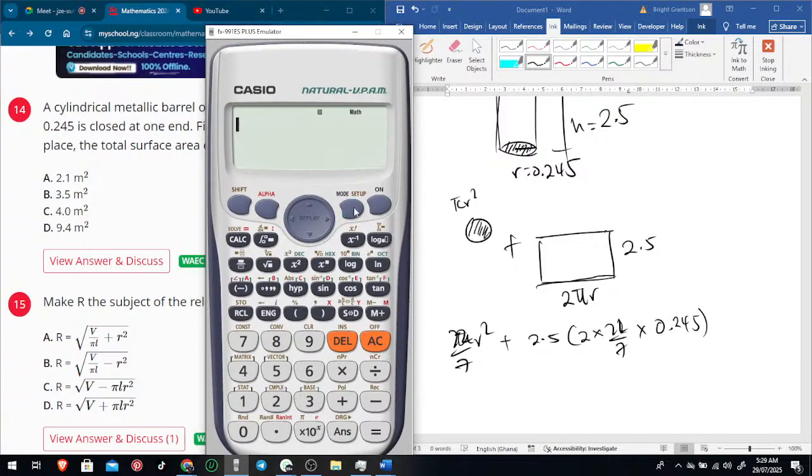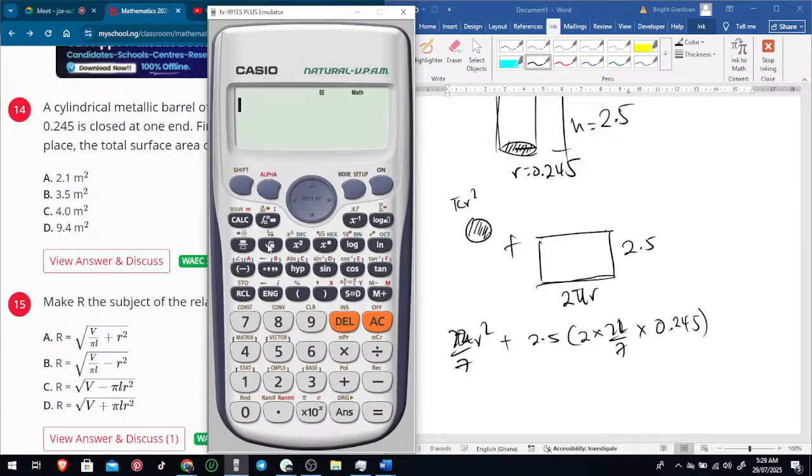So mode 1. If you want to go back to your calculator settings, press mode then press 1. So 22/7 times, what's your R? 0.245. 0.245 squared. That's pi r squared, equal to 2.5. That's the height of the rectangle, times the base, which is 2 pi r. So 2 times 22/7